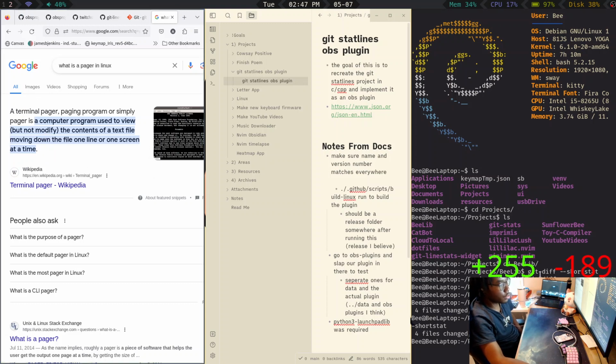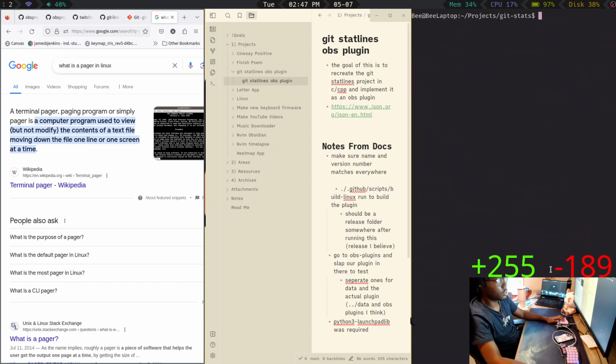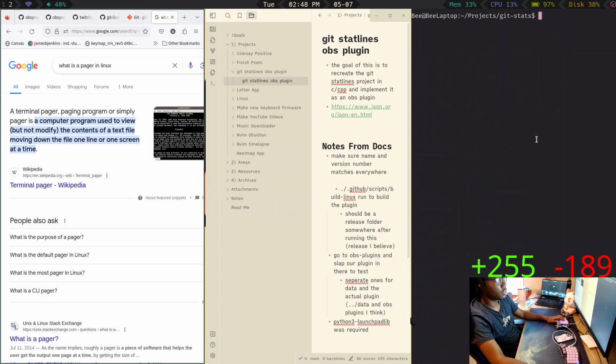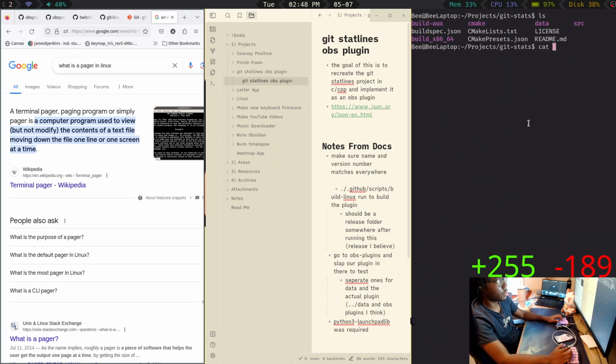Oh, wait. If I do git diff, right, and I quit, and I clear, yeah, I can't look back at that. But if I do something like cat build aux, wait, no, if it's an option, then that doesn't mean that's why.